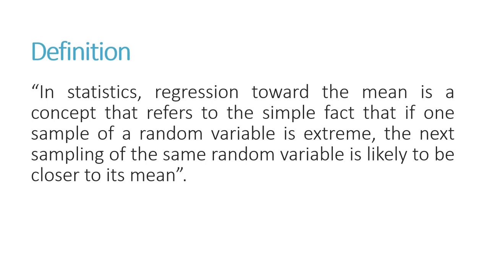Alright, so according to this definition, regression toward the mean is a concept that refers to the simple fact that if one sample of a random variable is extreme, the next sampling of the same random variable is likely to be closer to the mean. Like I said, by reading this, you might still not be able to understand the concept. That's why we're going to look at a sample fictive research protocol that would help us understand with the aid of a diagram. But before we proceed, what does this definition imply? What it means is that